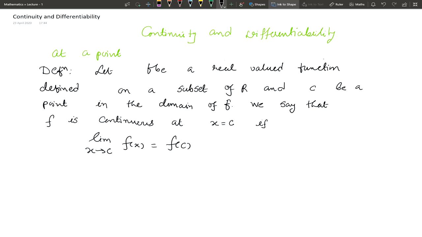So again you check the definition. f be a real valued function defined on a subset of R and c be a point in the domain of f. We say that f is continuous at x equal to c if limit x tends to c f of x equal to f of c. So for the continuity of the function f at the point x equal to c, function must be defined for x equal to c and